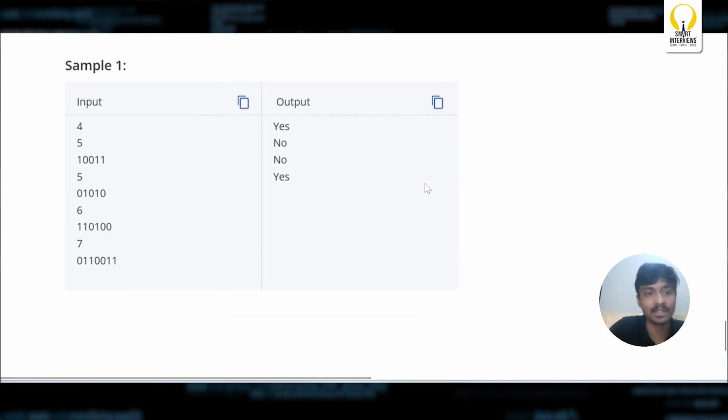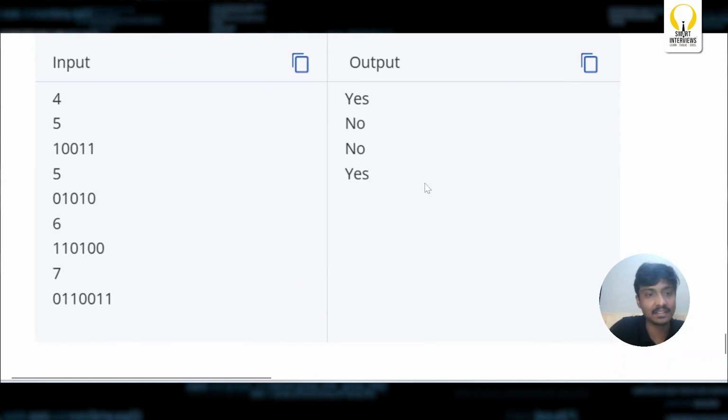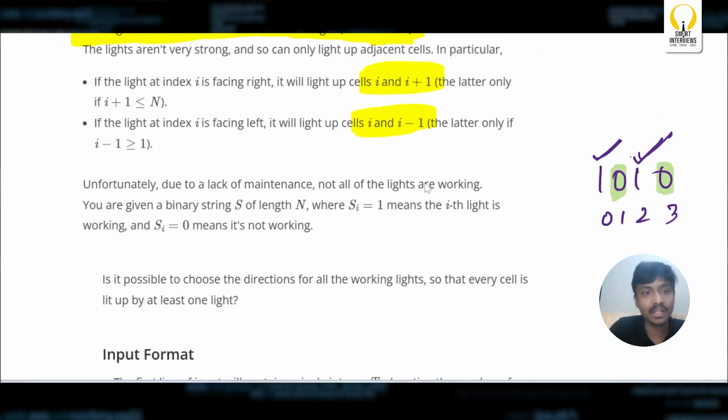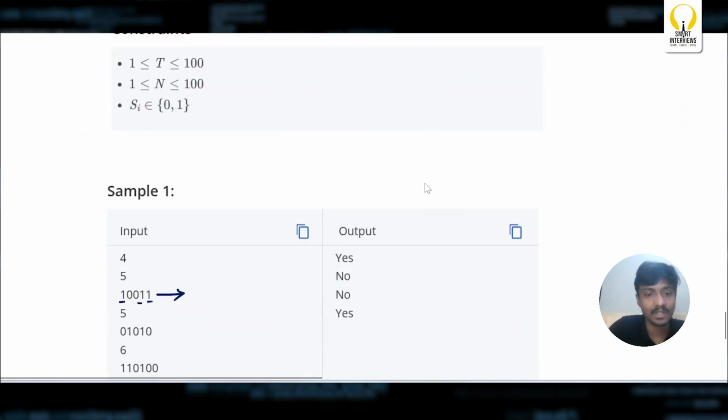Now let's understand the sample input output. Let's take this case. If you see, we have 5 lights or 5 bulbs. Out of this is working, and this is working. Now, as the question is saying, if a light is working at index I, it can light both the cell at index I and I plus 1. Now, if the light at index I is facing left, it will light up the cells I and I minus 1. Now that means in the sample input,